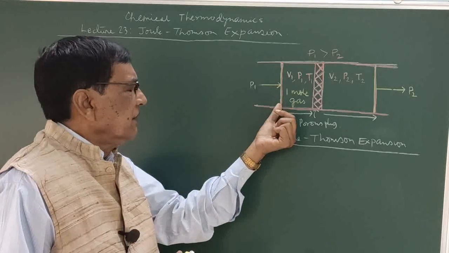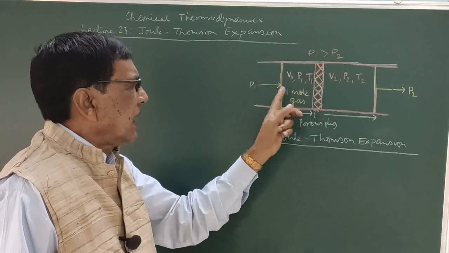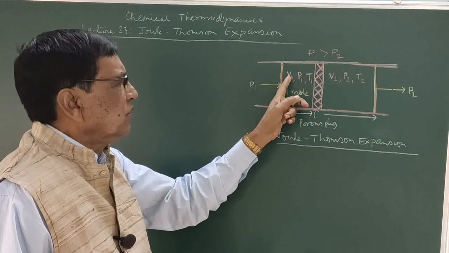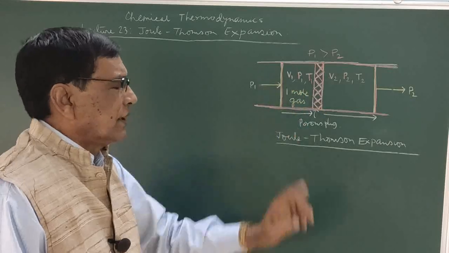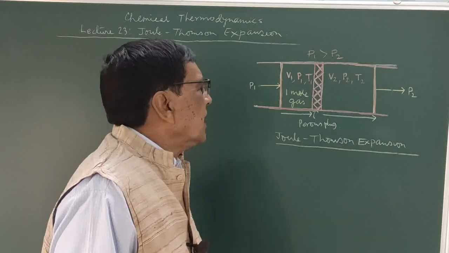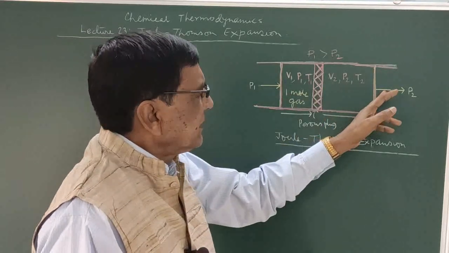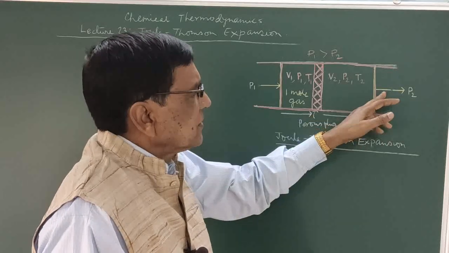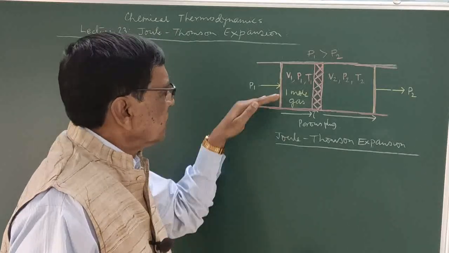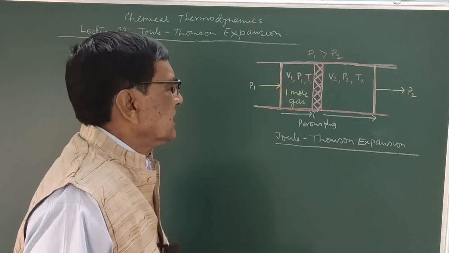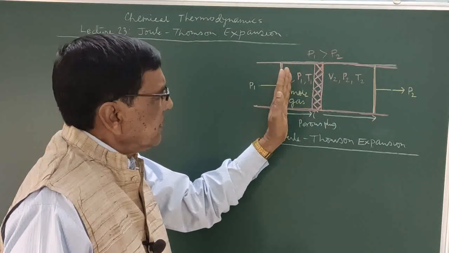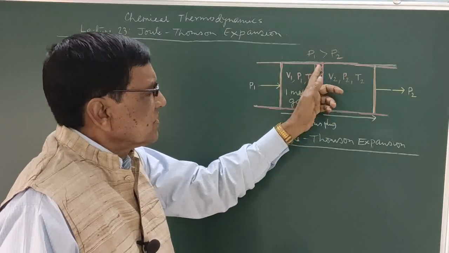On the left side of this porous plug and the piston, it contains 1 mole of gas, with volume V1, pressure P1, and temperature T1. And the external pressure is P1. On the right hand side, this piston is under the pressure P2. P1 is greater than P2. So the gas will flow from this left hand chamber to this right hand chamber through this porous plug